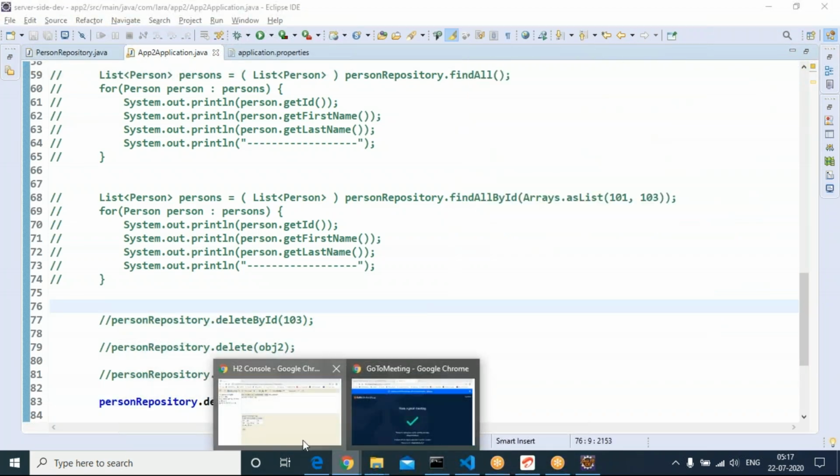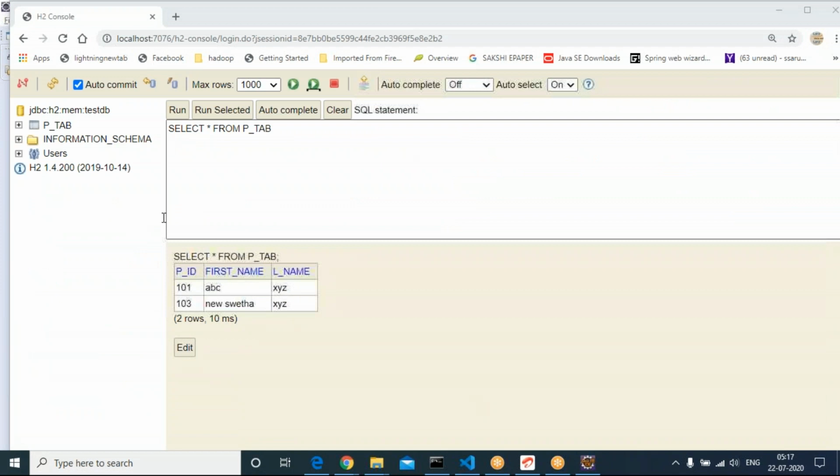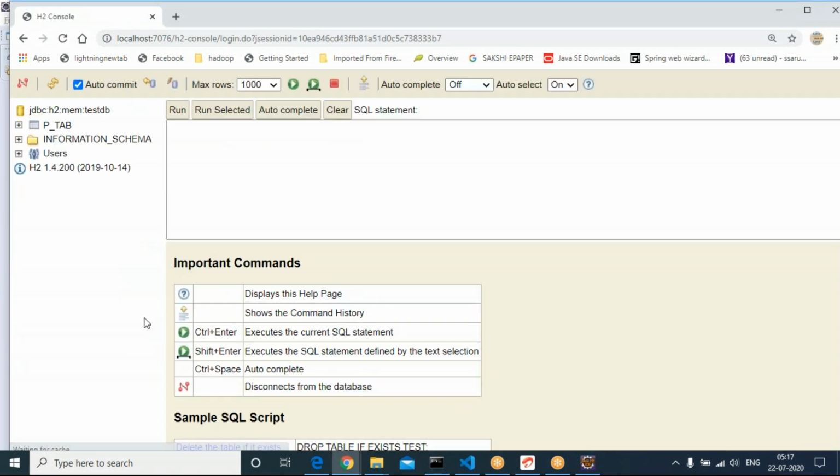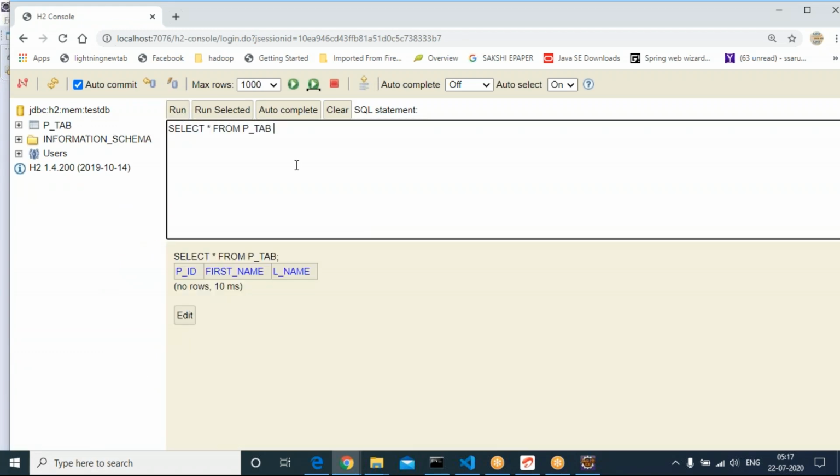Now check it out in the H2 console. Refresh, reconnect, P tab, run. You can see PID, first name, last name. No records available.